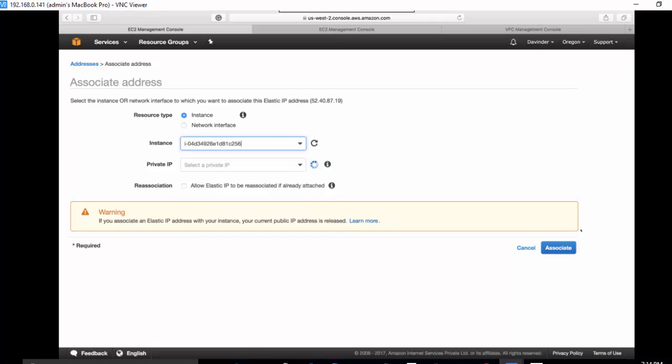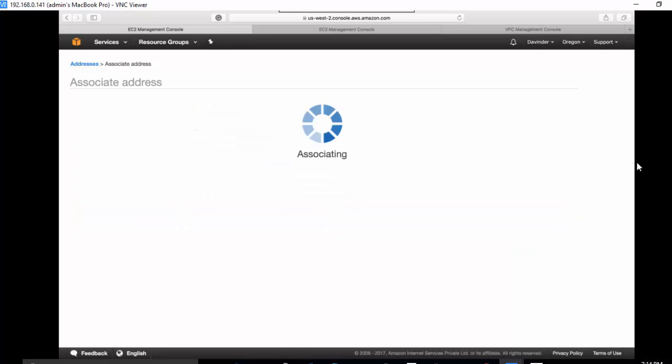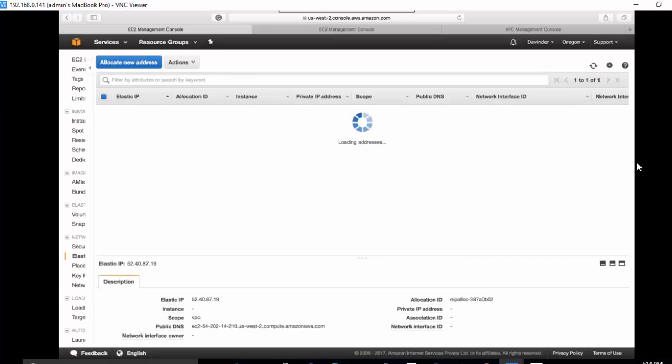Let's say your web server primary. What is the private IP? That is already given. You can change it there also, but that is always permanent. And then you can associate. Nice. So if you see now,